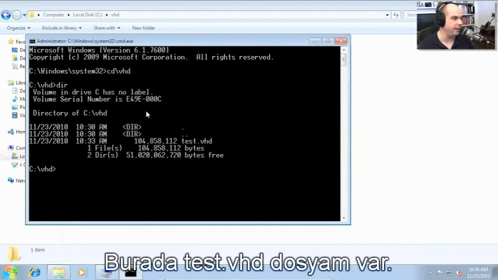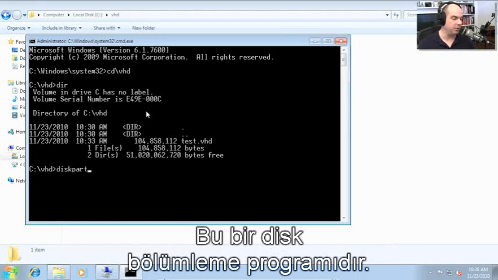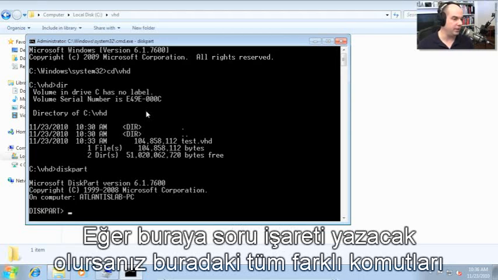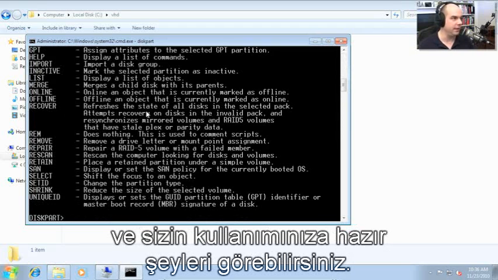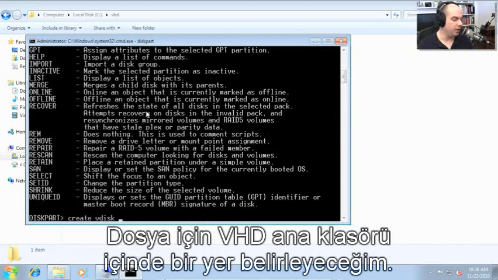There's our test.vhd. And the program that we're going to use to do this is a program called DiskPart. This is a disk partitioning program. And if you do a question mark in here, you can see all of the different prompts and things available to you. Inside of DiskPart, I'm going to use the create vdisk command to create our virtual hard disk, and